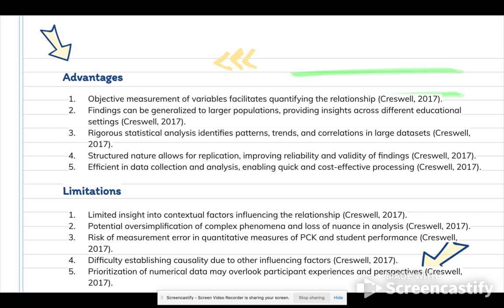Also, because quantitative correlational analysis is so structured, it's easier to replicate. And obviously, with statistical analysis, you can articulate what the patterns and trends are in both large and small data sets. But the limitations are that